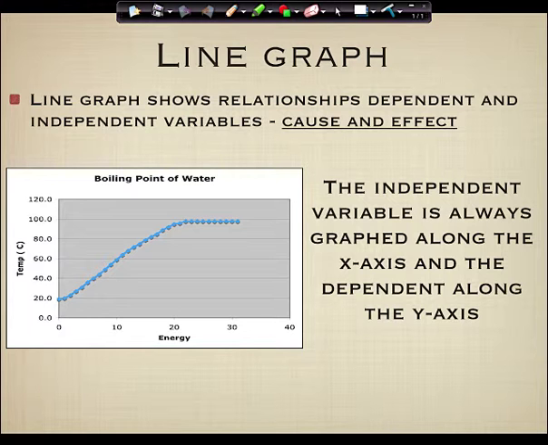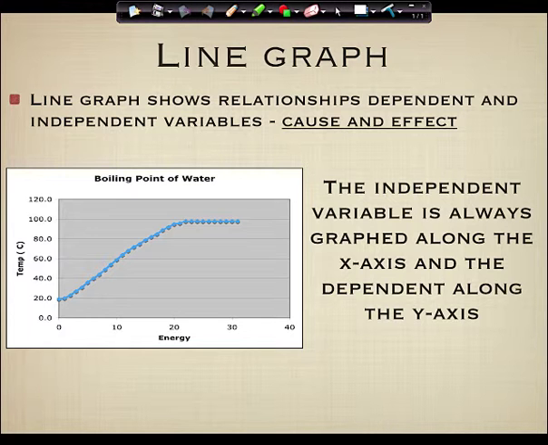Do you remember the little sentence that I had you write down, that the dependent variable depends on the independent variable? Try this on for size. See if this is true. Does the temperature of the water depend on the amount of energy added? Yes. So that means that the temperature is the dependent variable because the temperature depends on the amount of energy. Now flip it around. Does the amount of energy depend upon the temperature? It does not. Therefore, that breaks down.